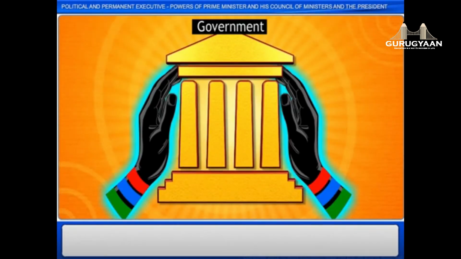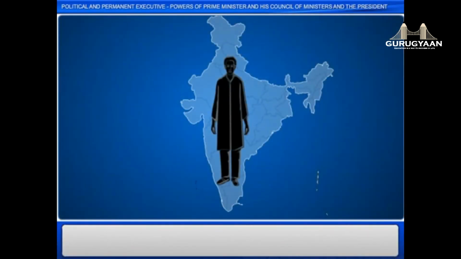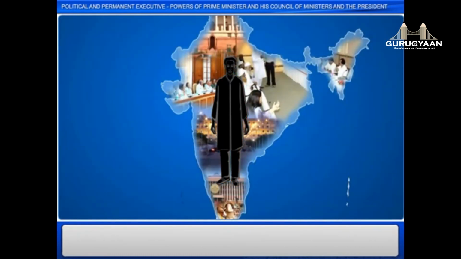Due to coalition politics of recent times, the power of the Prime Minister has been somewhat limited. The Prime Minister has to consider the views of different partners in the coalition. This is because their support is important for the survival of the government. The President is the head of the state and has nominal powers. The President supervises the overall functioning of all political institutions in the country to achieve the objectives of the state.